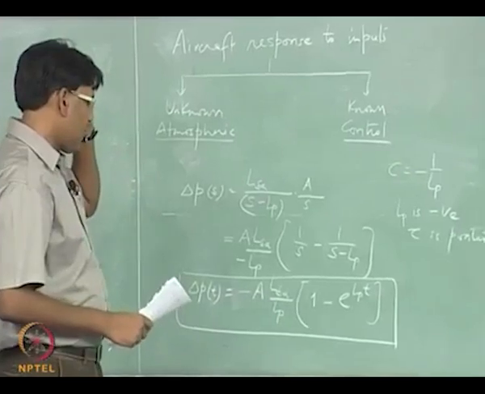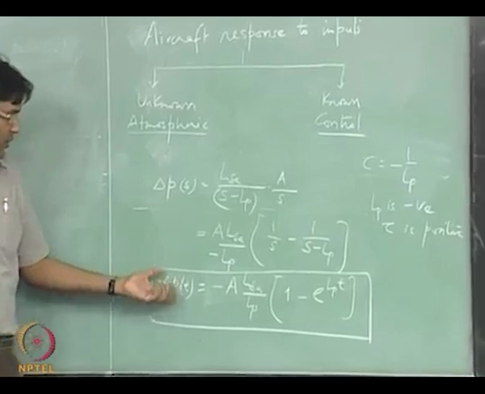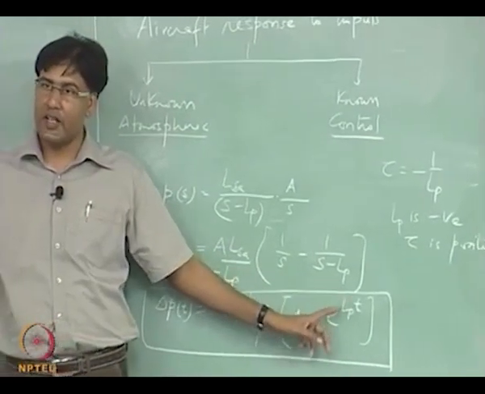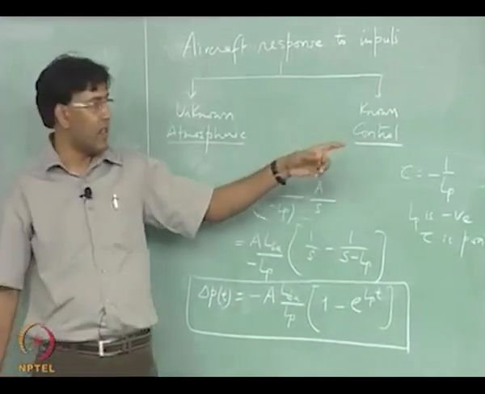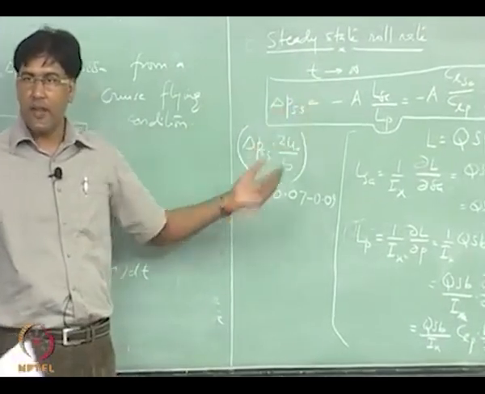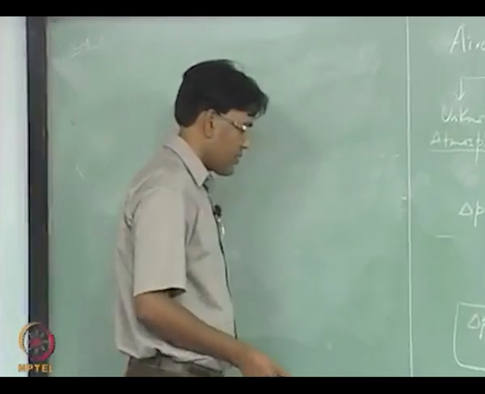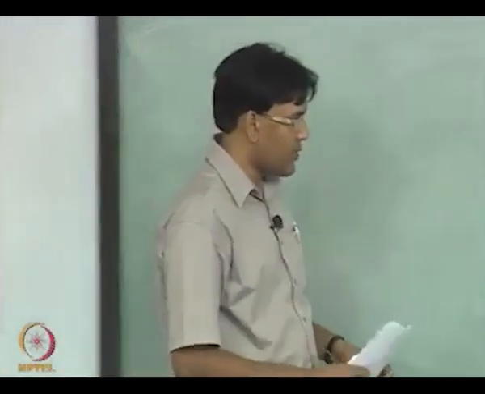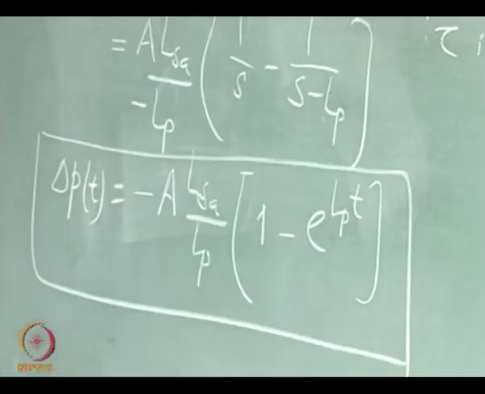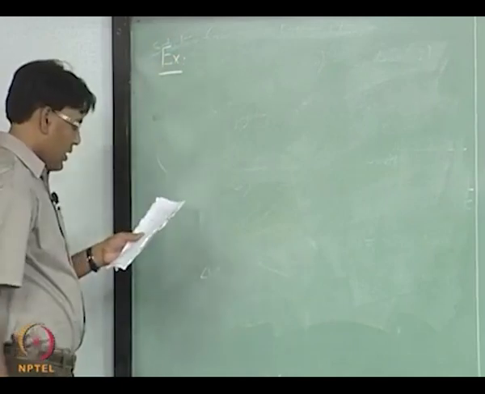What you have to remember is, when we are talking about this delta P in time, the time response of the roll rate, then you have to find out this LP and not the CLP, right. That is what this formula is for, actually the steady roll rate, right. If you want to find how this delta P varies in time, then you also have to find out what this LP is. So, let us look at one example problem,